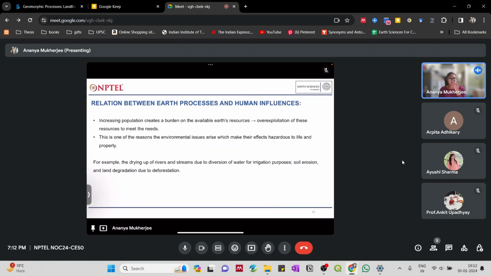So as I explained this already, I'm not extending my explanation on this: increasing population is obviously a burden on Earth's resources, and overexploitation itself can cause problems, as I said, the building of roads, sand being excavated from beaches, deforestation. Okay, so these are problems that are aggravating the effects of natural processes. And then we see that we are facing a lot of natural hazards because of that.